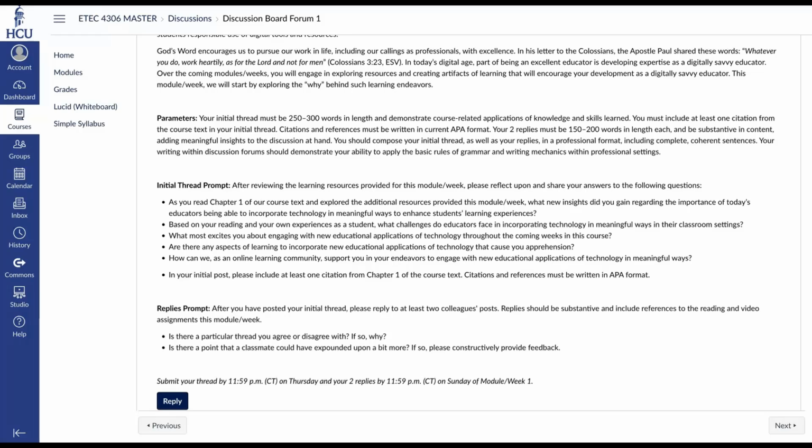After reviewing the learning resources provided for this week, please reflect upon and share your answers to the following questions in an initial thread that's between 250 to 300 words in length. First, as you read Chapter 1 of our course text and explored the additional resources provided this week, what new insights did you gain regarding the importance of today's educators being able to incorporate technology in meaningful ways to enhance